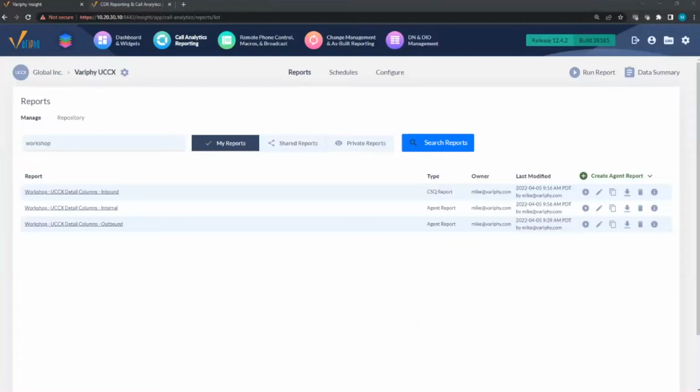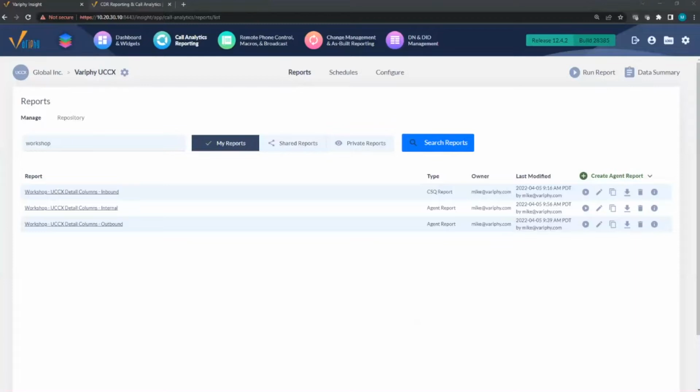I'm going to highlight the important columns and explain how the data is geared towards inbound traffic through a CSQ. We can't report on internal calls from agent to agent. We can't report on outbound call traffic. There's a lot more data geared towards the main traffic that you're seeing, which is the inbound traffic to the CSQ.